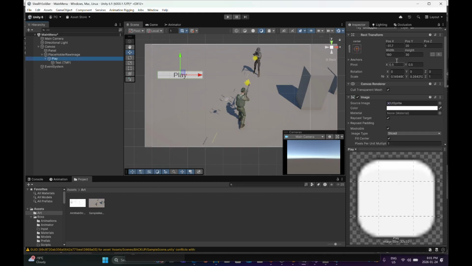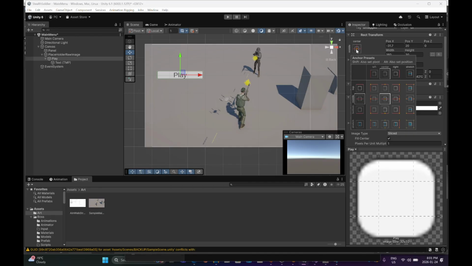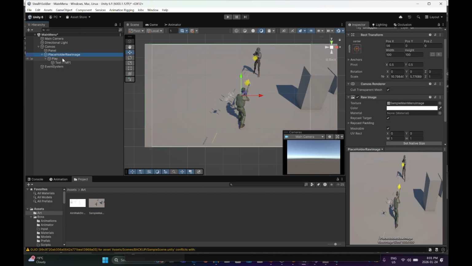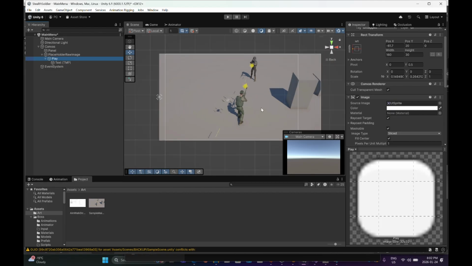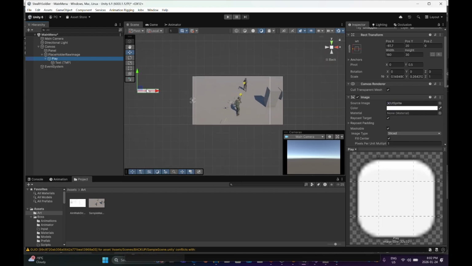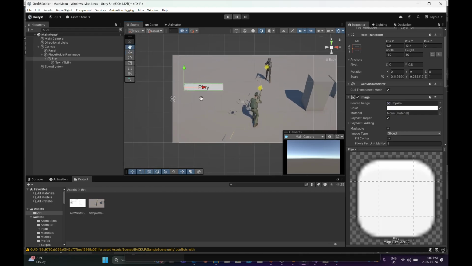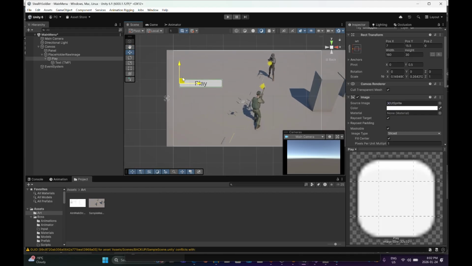and with this I want to press this here, and pressing shift I want to click on this one here so that the anchor is on the left. But I don't know what happened to my button. Okay, so place it over there. So again, height, I want to keep it nice and round, a nice even number, 20,